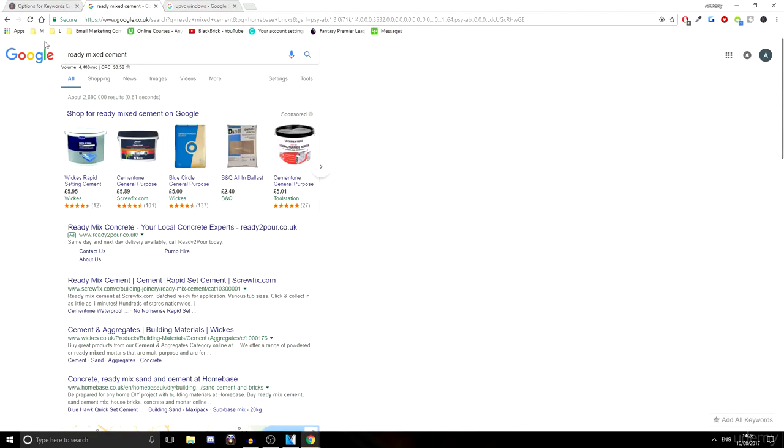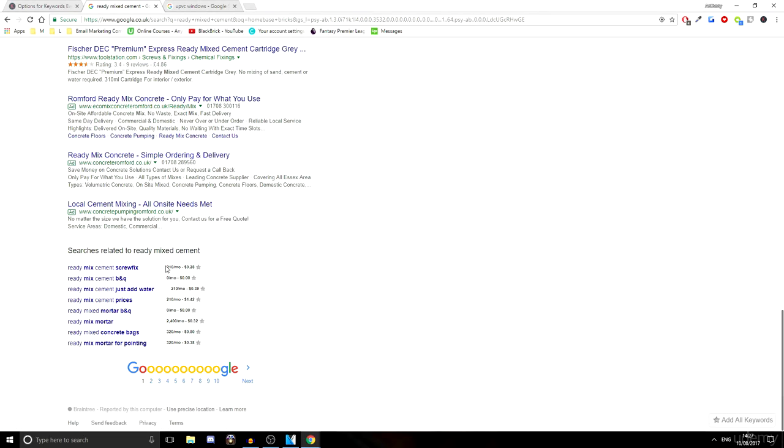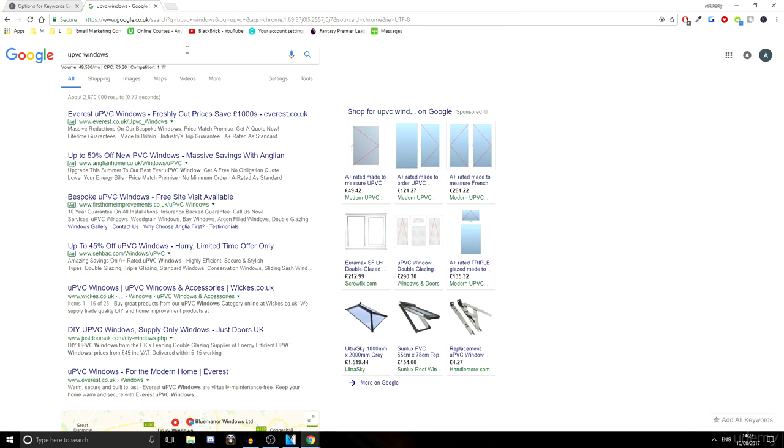Not results, sorry, I keep saying that, I don't know why. 4,400 searches per month. And then, as you can see, you have all of the other searches. Ready Mix Cement B&Q looks like it's not working, or there's not enough data to take it in, because it looks like 210 is the minimum they put on here, which is very interesting. And finally, we've got UPVC windows, which is a type of window which you can buy